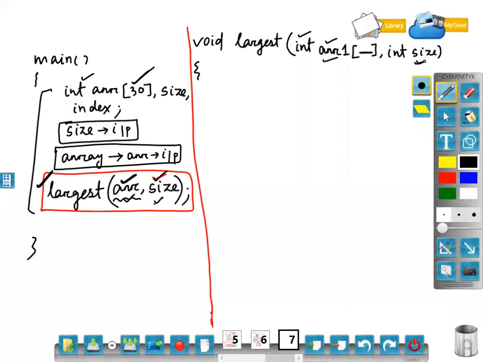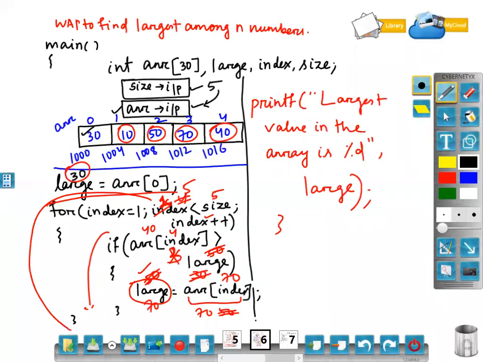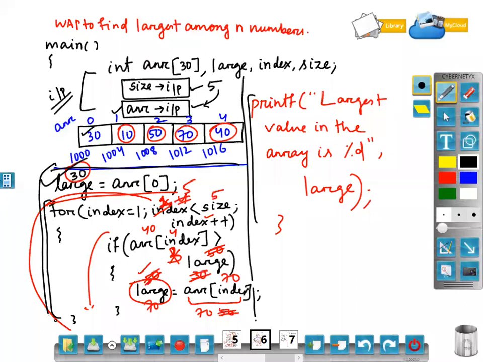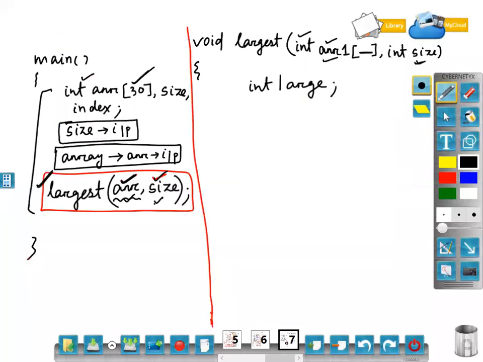Now what do I need to write here? I need to find the largest number. So in the last program, we found the largest from this program, this loop, and this print statement. This part is actually input, and you are passing it through the function. This part, after this blue line, whatever you have written, that is the processing to find the largest one. That I have to write down here. Nothing else is needed, we already have the values.